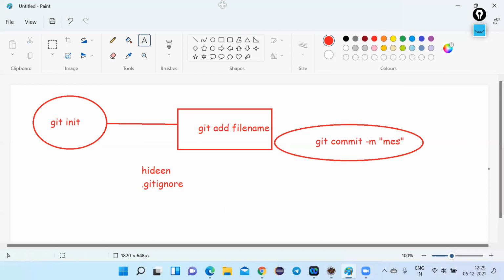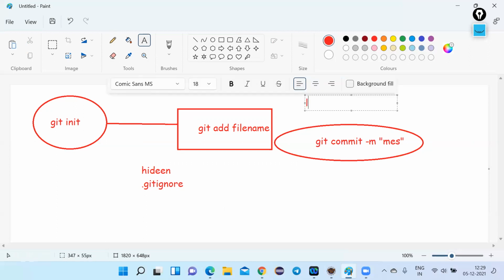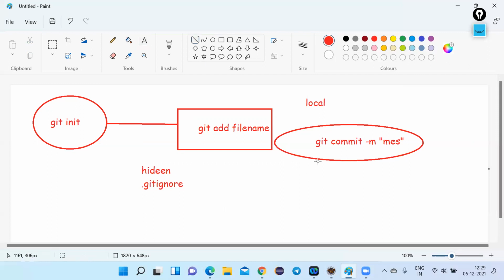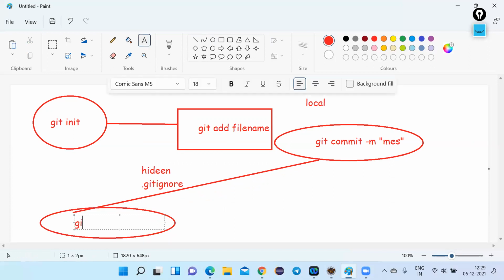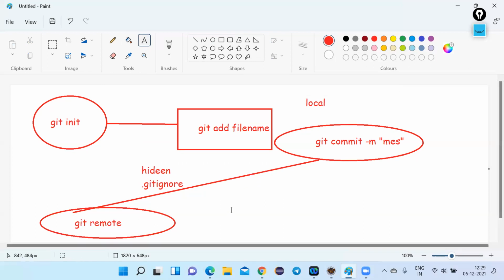Let's say now the code is in the local repository. The code is available here in the local repo. What should we do? We need to move this to the central repo. In the first step, this will be done only once, not always. To which central repository do you need to commit? You will specify the central repository path, git remote, and the name of the repository. After specifying this, it will ask for the email.